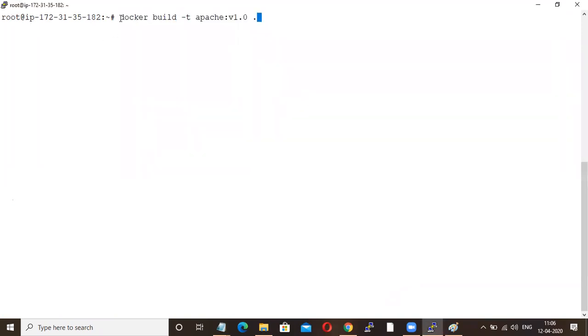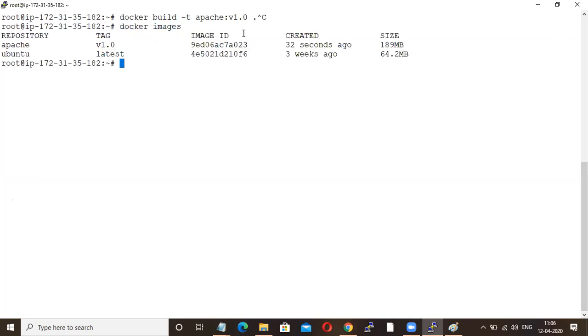So this is the command to build a Docker image. So docker images. Your image is complete. Your image is ready.